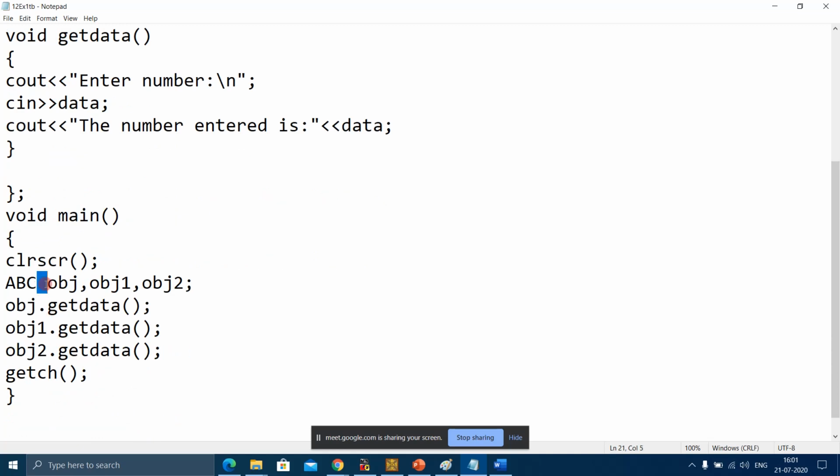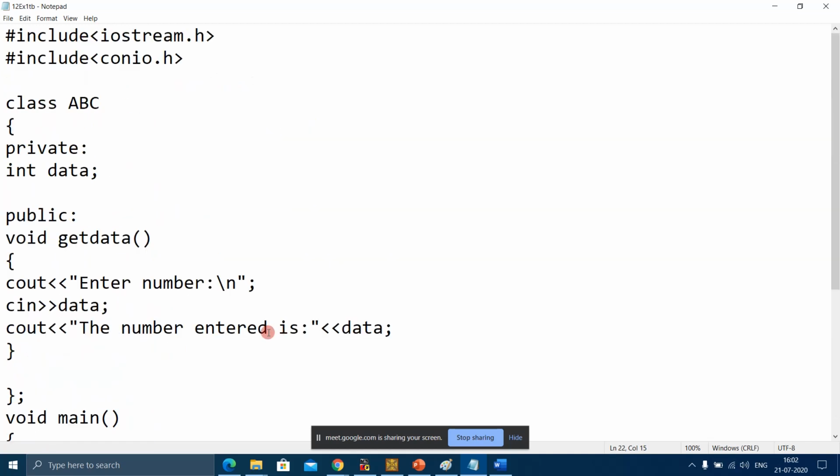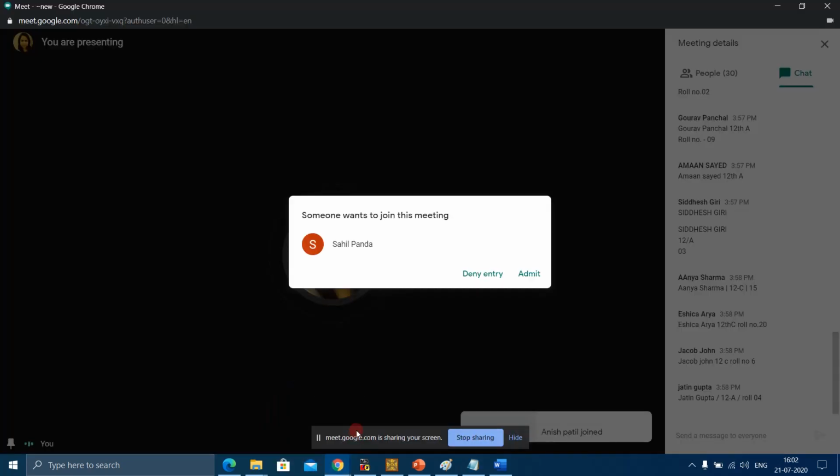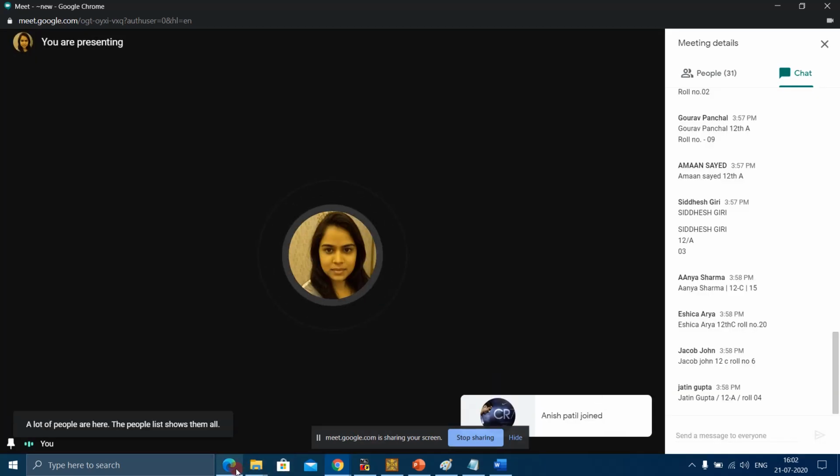And how to instantiate the object. We had learned how to instantiate an object of a class. A class can have multiple objects. Each object has its own copy of data members and member functions. And if a particular object wants to call a function, how can we call it? By using the object name, dot operator, and the function name. Okay, so this was clear to you. These terms are clear to you.